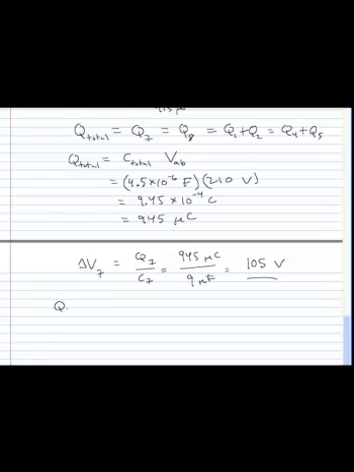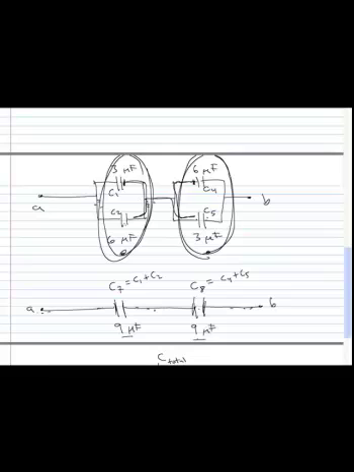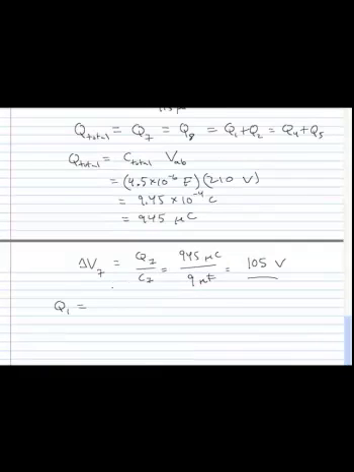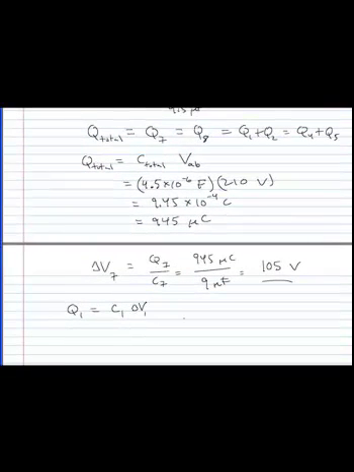Now let's find the charge on capacitor 1, because we know the voltage on capacitor 1, right? We know the voltage across the series, the 2 in parallel, and that's the same as the voltage across 1. It's the same as the voltage across 2. So Q1 is the capacitance of 1 times its voltage difference, and that's C1 times the voltage on 7, right, because they're the same voltage. So I got 3